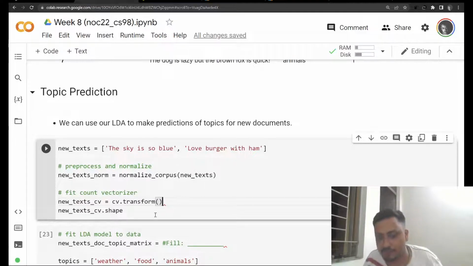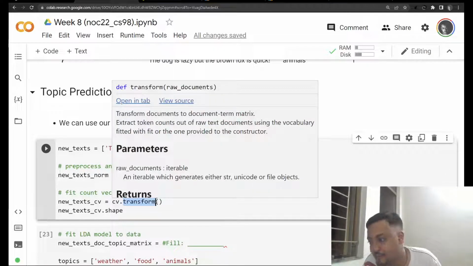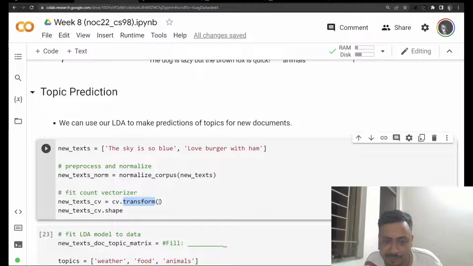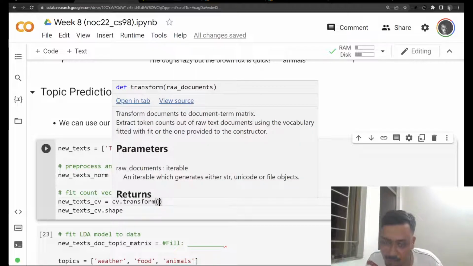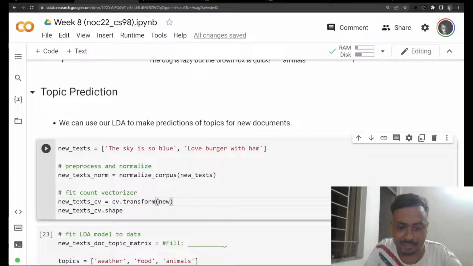Alright, so you need to know one thing over here. Previously we were using fit transform. Here we are using only transform. Why? Fit transform actually tries to learn from the data, whereas transform is applying the learned algorithm for prediction purpose. So we do this and we get,